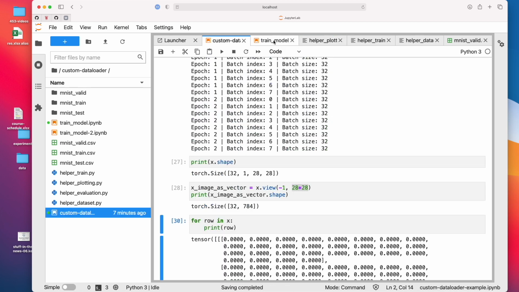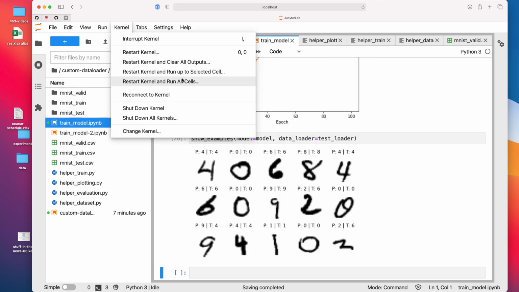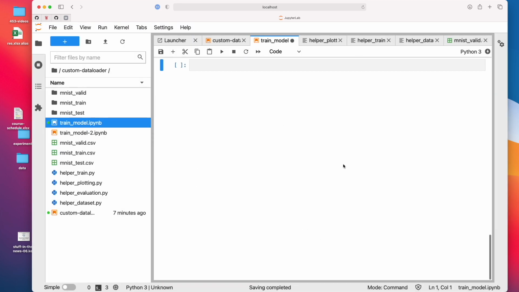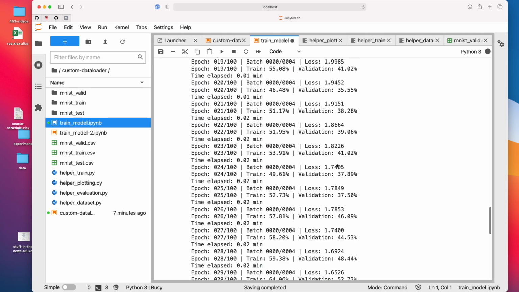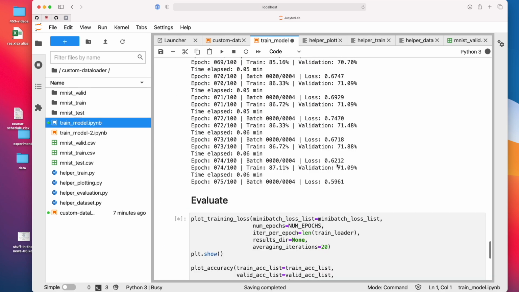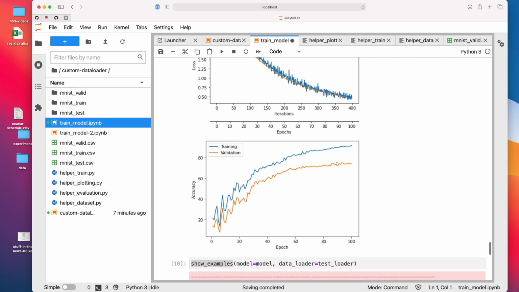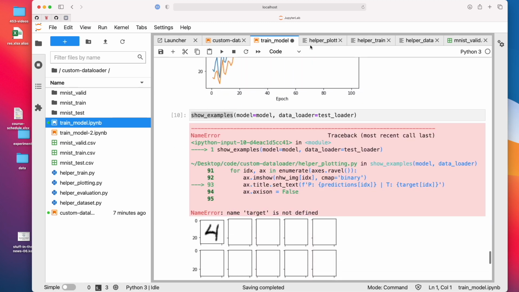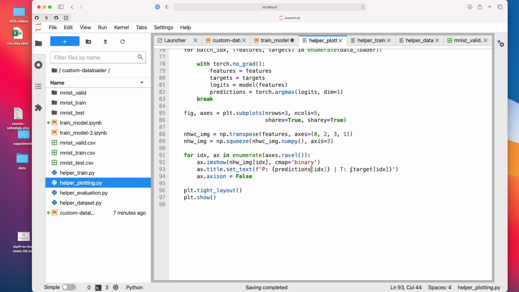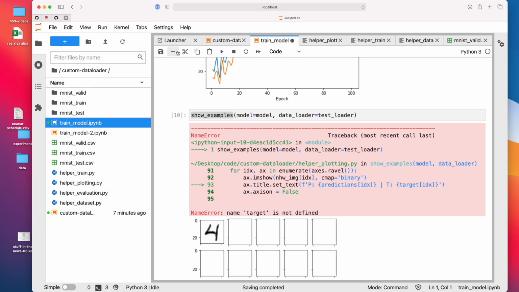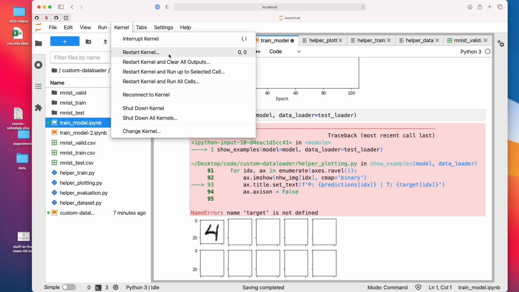Okay, let's do this again. Oops, it should have been targets. One disadvantage is because I have the import at the top of this notebook, I have to run the whole notebook.